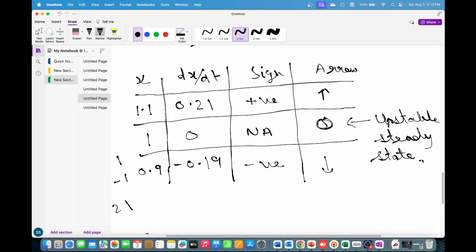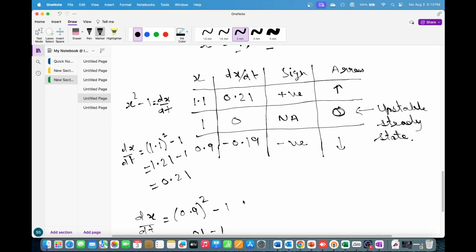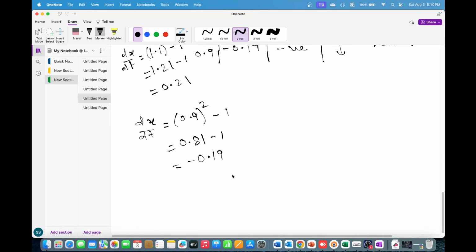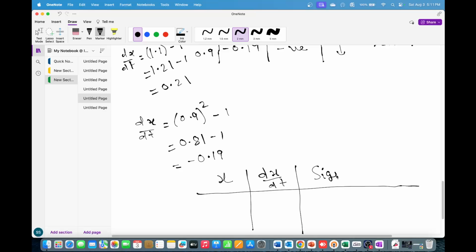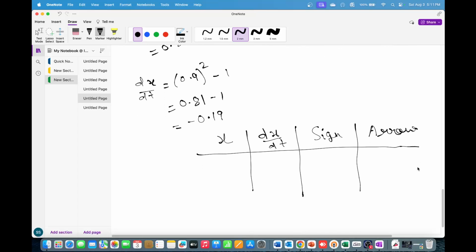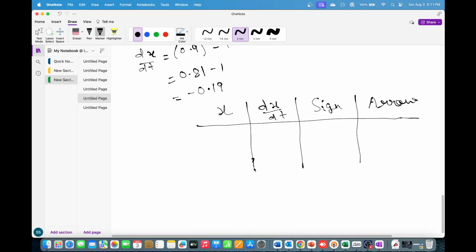Okay. Now if you do this, that was for x equal to plus 1. Now let's do it for x equal to minus 1. Same thing, x dx dt, then you check the sign, then you check the arrow. So why I am doing so many examples of this thing is because these kind of questions will come in